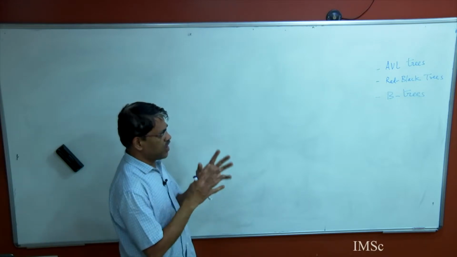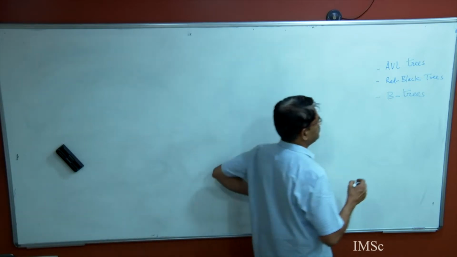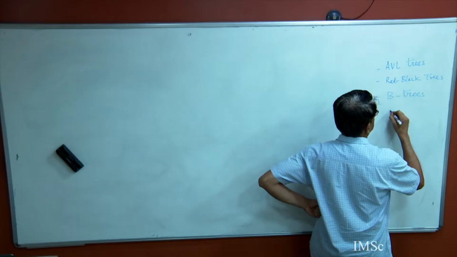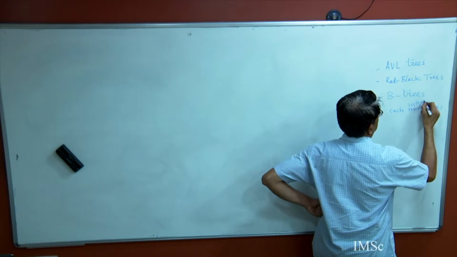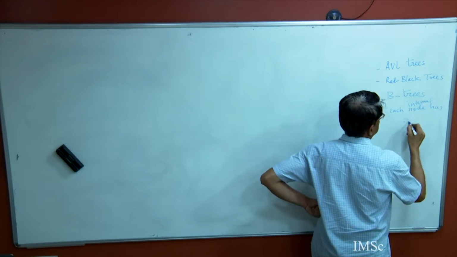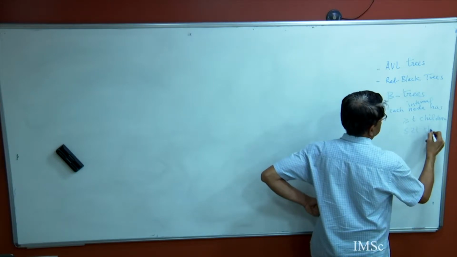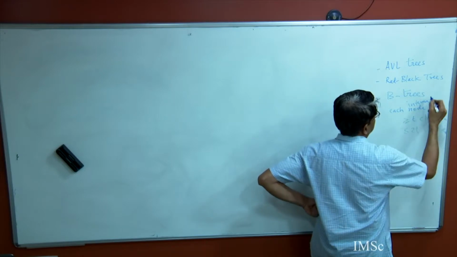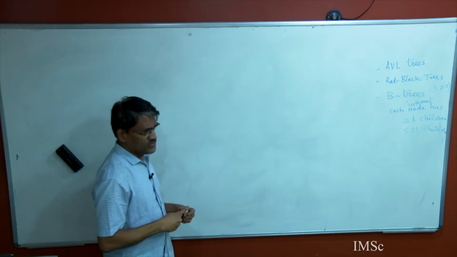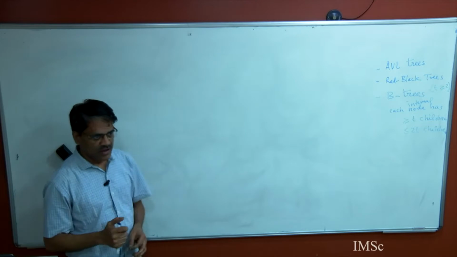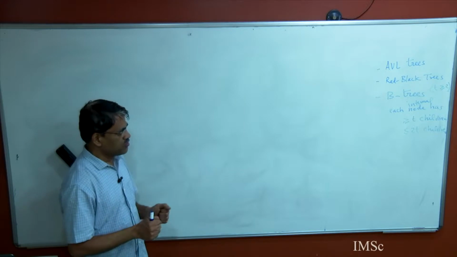So here, instead of having one value at a node, you have some large number. Each internal node has at least t children and at most 2t children, for some parameter t which is greater than or equal to 2. And I sort of hand waved to show that conceptually insertions and deletions are relatively simple. It's all the question of, when you insert